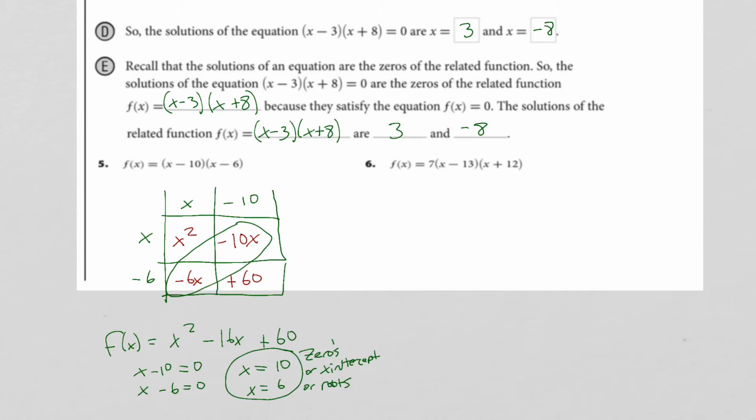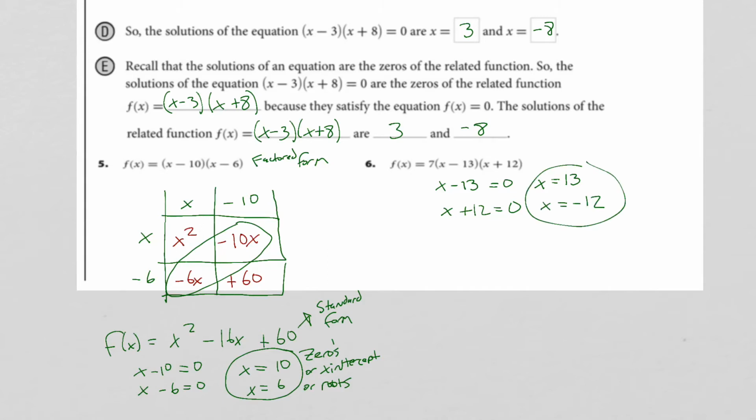Let's try this next example. This was factored form, and this here is standard form. Now there's also a vertex form, but you've seen that before, and we're not going to get into that in this part of the lesson. In problem 6, the zeros are going to be when x is 13 and when x is negative 12. So here's the zeros